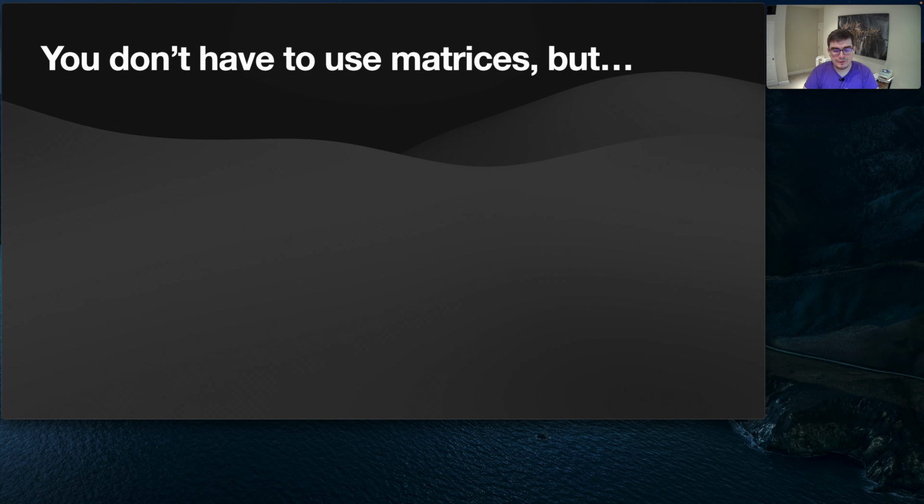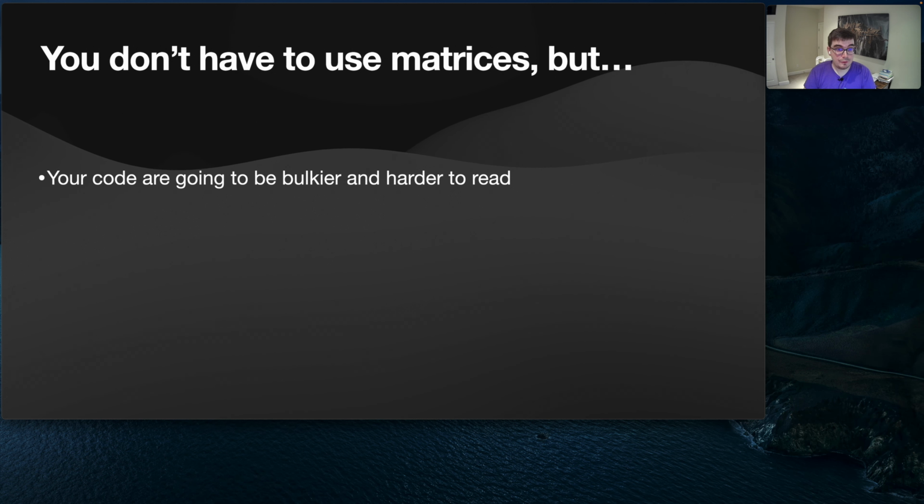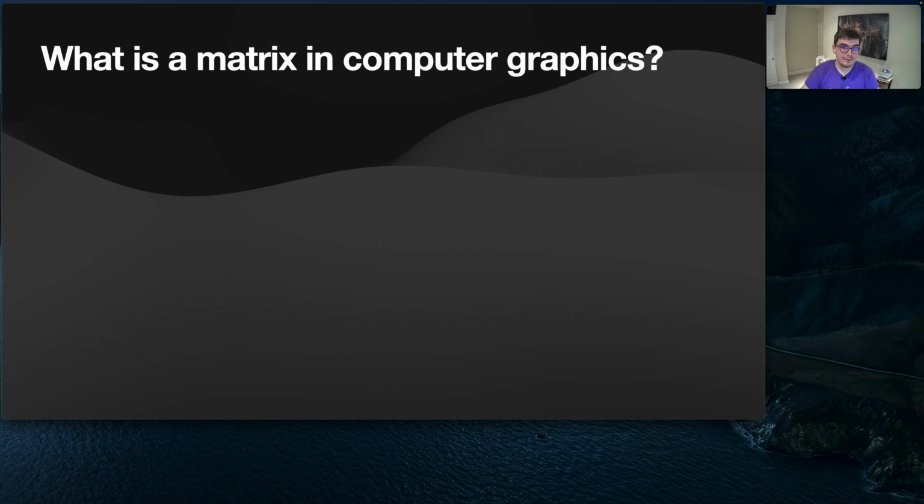And the truth is that you can actually easily do that. You don't have to use any matrices, but there are some downsides to that I wanted to let you know about. So first of all, your code is going to be bulkier and harder to read if you don't use matrices. And the reason why that is so is that on the previous slide,